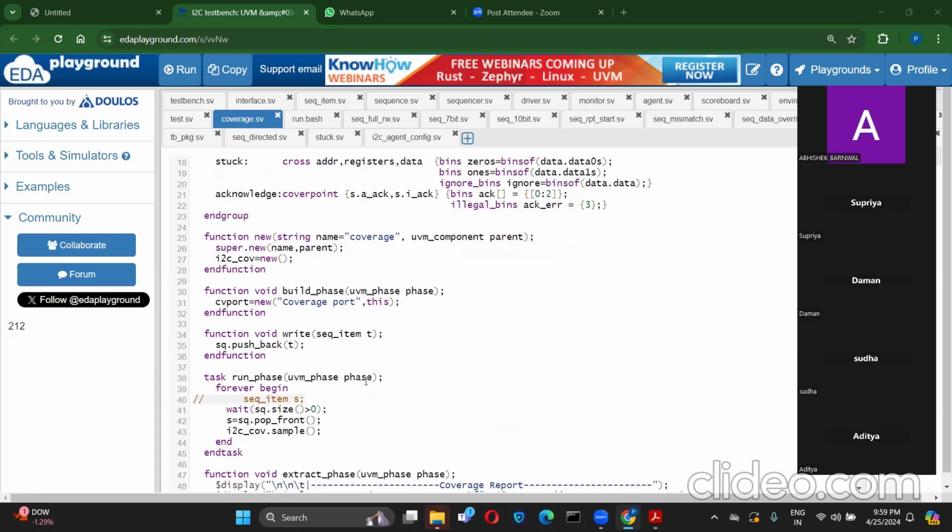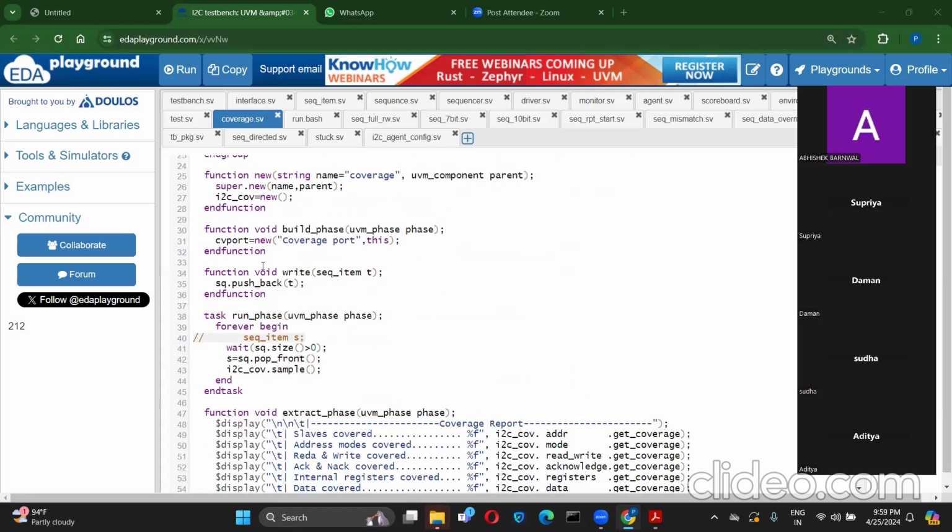So in UVM, you will be having different things, like you have to create it. We will be having different phases. So if anyone is interested to take the UVM related course, you can reach out to me. We can discuss about it. But for now, you can ignore it because you will not understand even if I explain here.